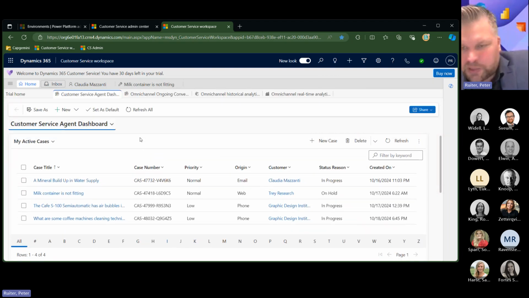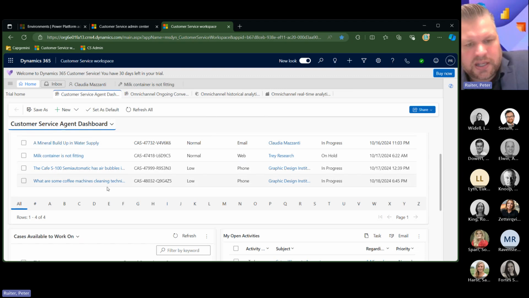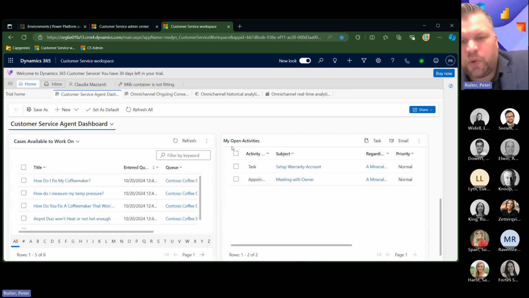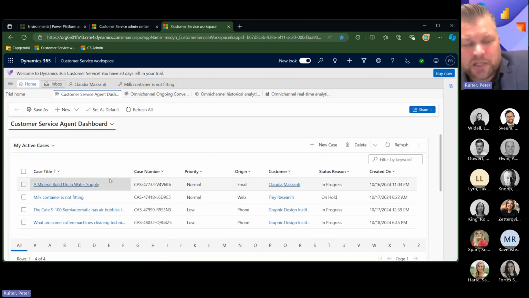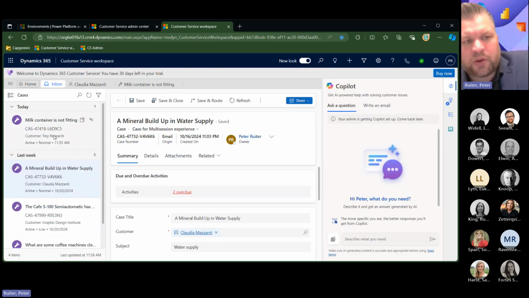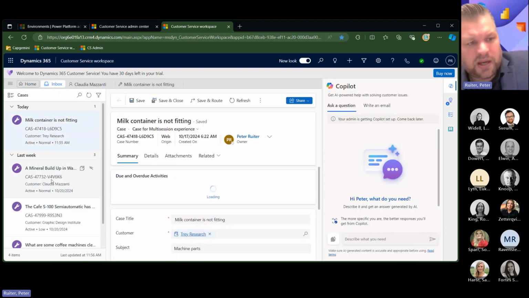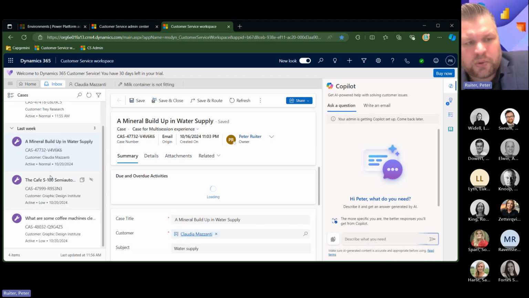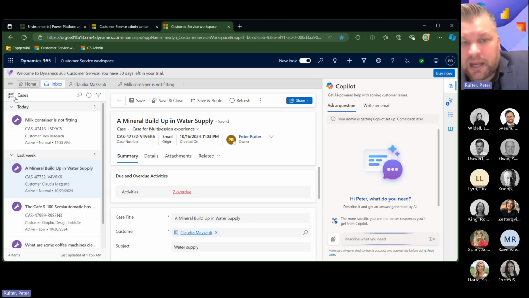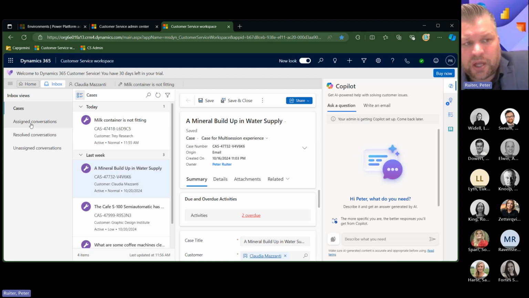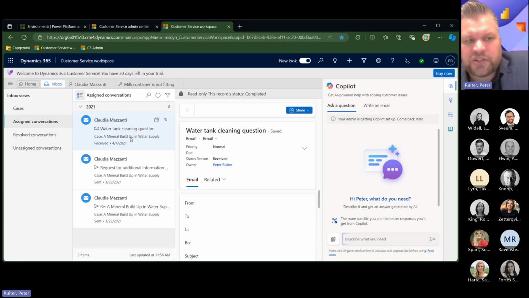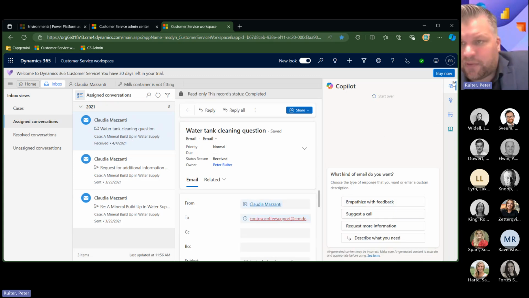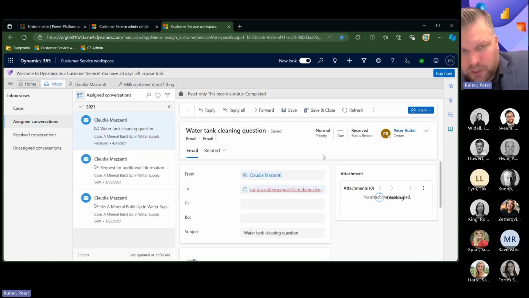We have all sorts of dashboarding, right? Where I can see the cases, where I can see the cases available to work on, where I have all of the tasks and appointments that I might have. If I don't have the case management, obviously this list is a little bit shorter, but I also have that inbox view. And that inbox view is just everything that is assigned to me. I can quickly go through, I can quickly do callbacks, and I can quickly respond to everything. Right, so not just cases. As I said, you can do that for every entity. I can do that for every conversation,